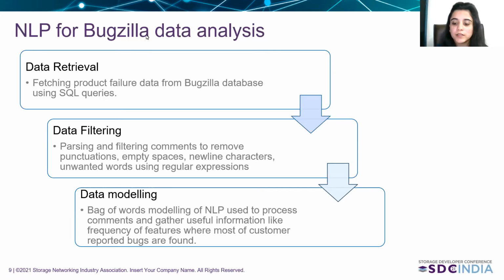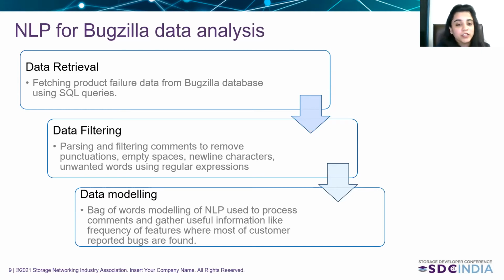Hello everyone. I'll be talking about the NLP technique we used to fetch multiple features which were involved in the occurrence of a particular bug on the customer side, so that we can use those features in our testing scenarios. When we started retrieving Bugzilla data from our internal BugDB, it gave us important common parameters which helped us correlate data with the existing configuration data we had fetched from other sources, as Praveen explained.